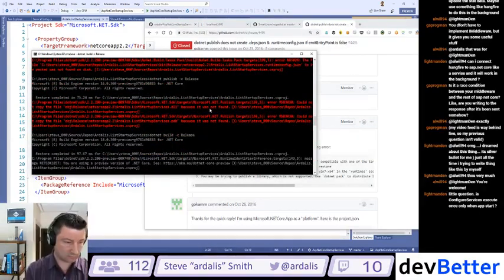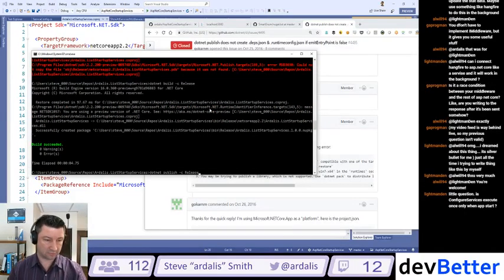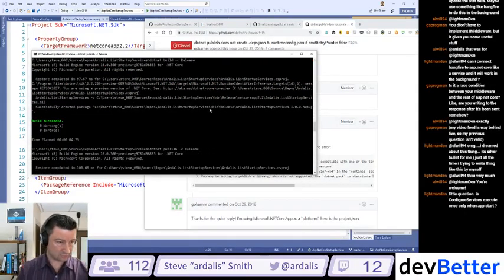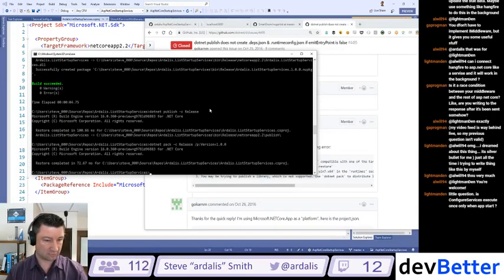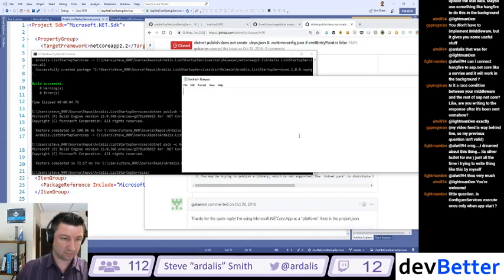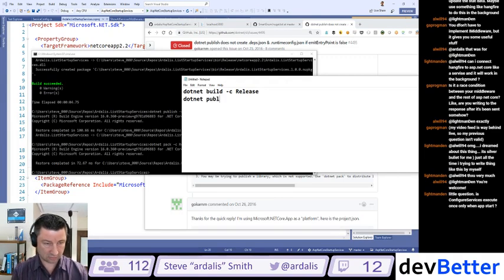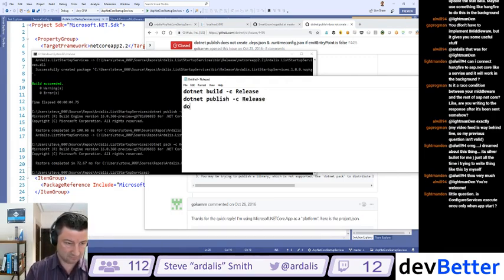So we'll build it. And then we'll publish it. And then we'll pack it. Alright. Probably should do those things for me, but let's start a little log of what we just did. So we did dotnet build -c release, dotnet publish -c release, and then dotnet pack -c release